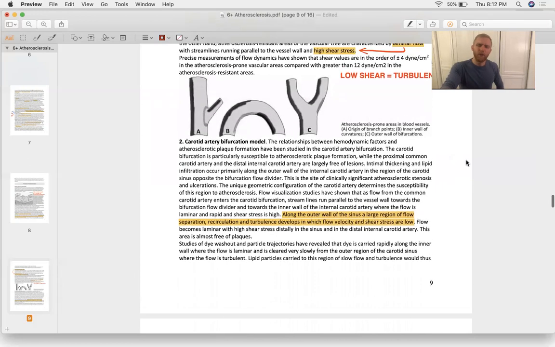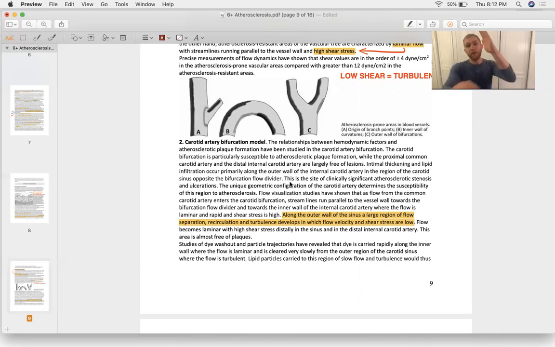And where are low shear flows encountered? Well, they're encountered at the branch points of large vessels, specifically the bifurcation of the carotid artery. And that's right up here on C. And they're specifically also encountered at the branch points of medium arteries off of large arteries, and that's what A is referring to. And then finally, you can get them quite frequently at the aorta, because along the inner wall of this aorta here, you see that there's a lot of turbulent flow passing over that curvature, because the flow goes up and it doesn't want to stick to that curvature,